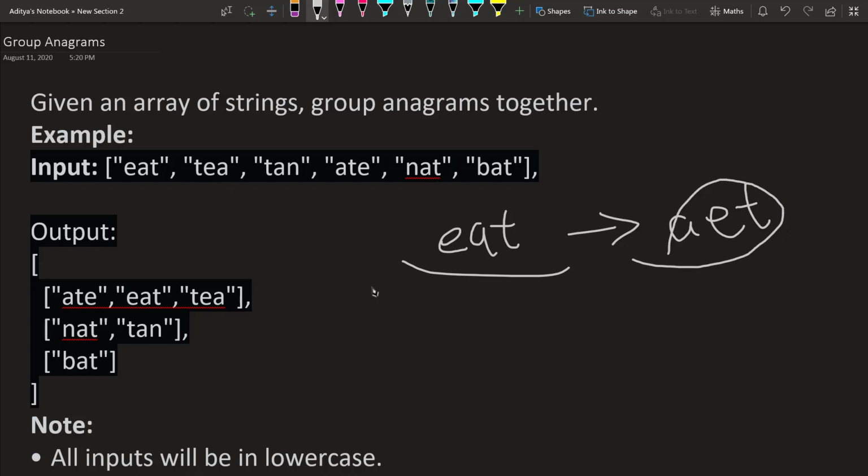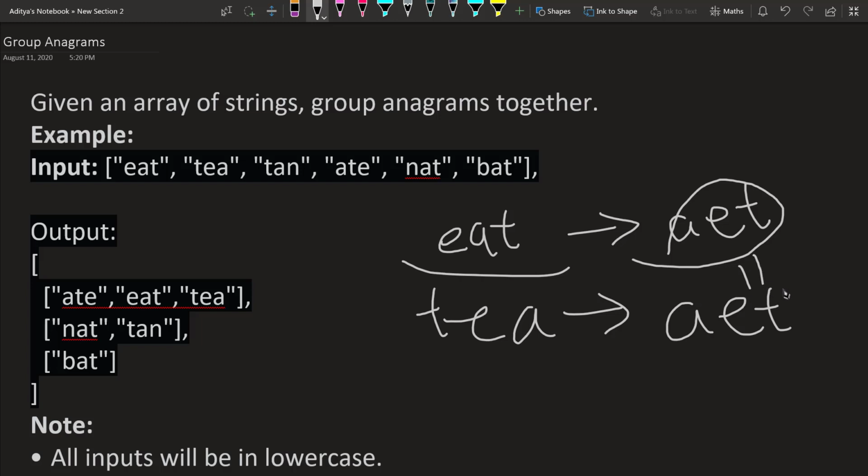And then we can take our next word TEA and also sort it, and when we sort it, it also becomes AET. So if we sort strings that are anagrams of each other, after sorting they are going to look exactly the same. This is how you can check if two words are anagrams or not. And yes, you can also count the number of characters and their occurrences using a dictionary and compare them too. But in this case we are going to take the approach of sorting our string and then comparing it with the other string to check if it is an anagram or not.